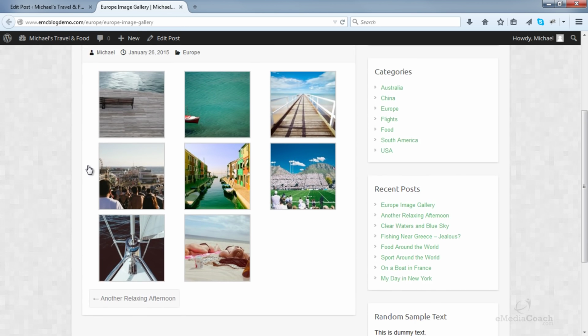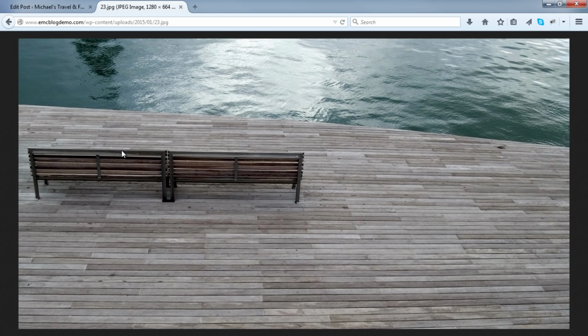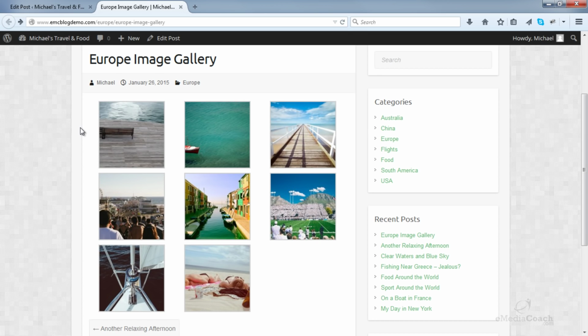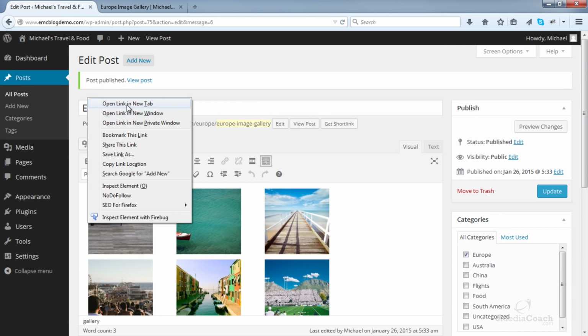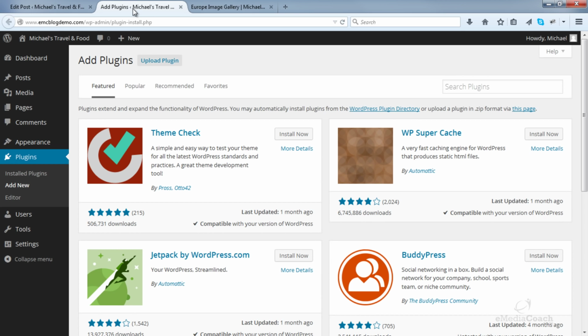There it is there. If you click on an image, you'll see it actually pops up and takes you to the image, which isn't ideal because it takes you off your blog. So what we want to do is be able to implement something so that when someone clicks on the image, it will pop up on screen but won't actually bump you off the page. To do that, go into your dashboard, plugins, add a new plugin. Search for one called Simple Lightbox.